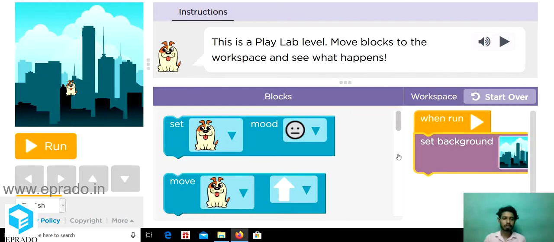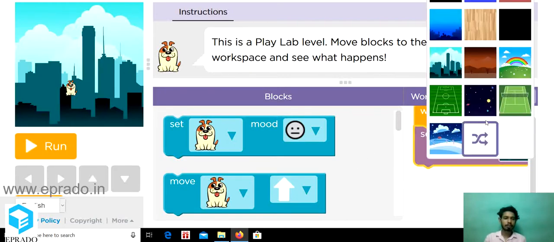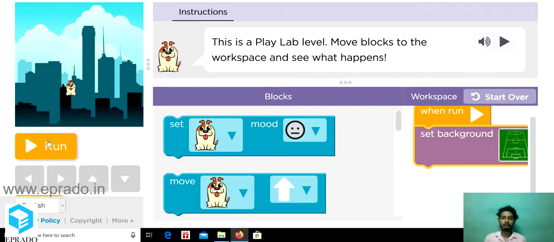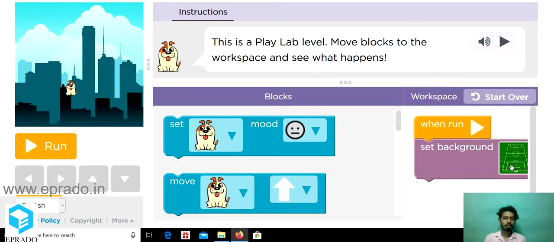First we are going to change the background. The current background is a cityscape, like a city. We can change the background to any of these options, for example a football ground. I have now changed the background to a football ground. Let's see what happens when I run this.